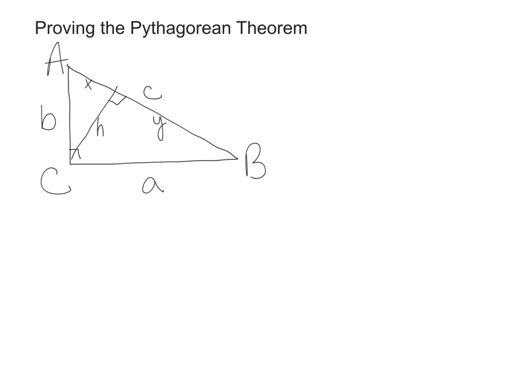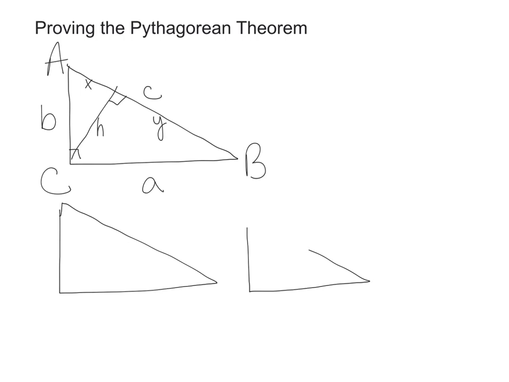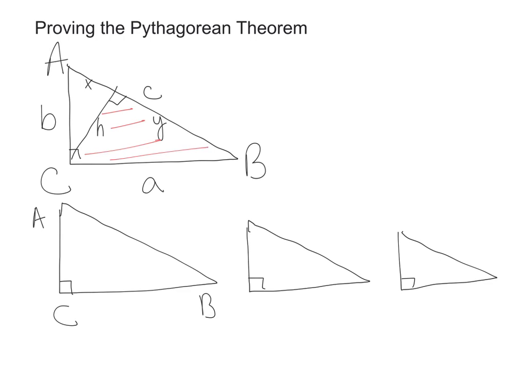So what I'm going to do now is I'm going to draw all three triangles separately. So I'm going to draw the big triangle, the medium triangle, and the small triangle. Now, from there, I'm going to color code them so you know what I'm doing. The big one is A, B, and C. The red one,